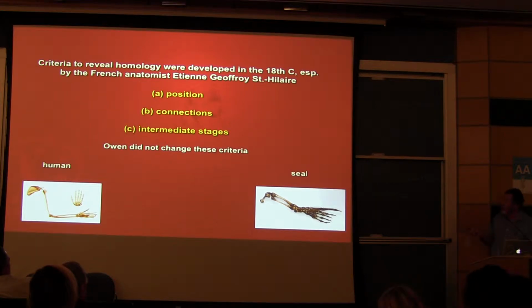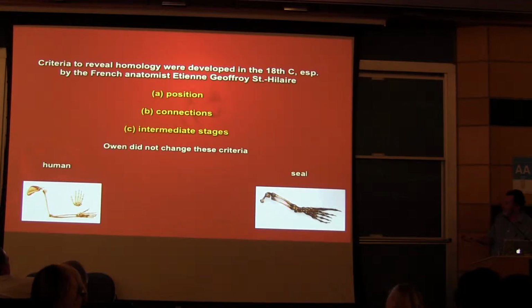its structure. One is its position within the body, second is what it's connected to, and thirdly is can you find any intermediate stages. Now Owen didn't change any of these criteria. What he did was formalize them with a couple of definitions that made it very easy for people to see these similarities. And so you have position and connections, the humerus of the human, the humerus of the seal, the